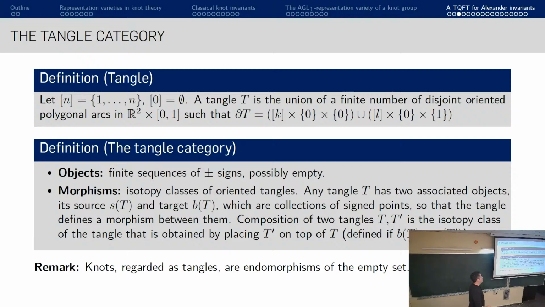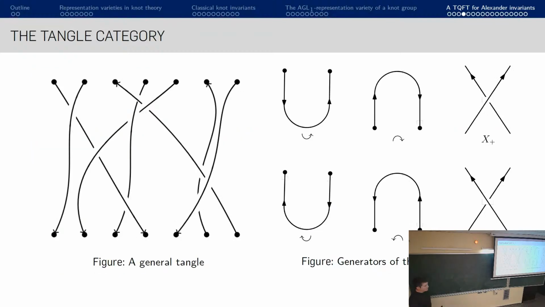And then the composition of two tangles, anytime that it is defined, is done by placing one tangle on top of the other, anytime that source and target can be glued, okay? So that's a way to make tangles into a category. It's actually a finitely presented category. Any tangle can be decomposed as the composition of those tangles there, subject to a huge list of relations that come from Reidemeister moves and certain isotopy relations of planar tangles, okay? But the idea is that any tangle can be written as the composition of those guys subject to a certain